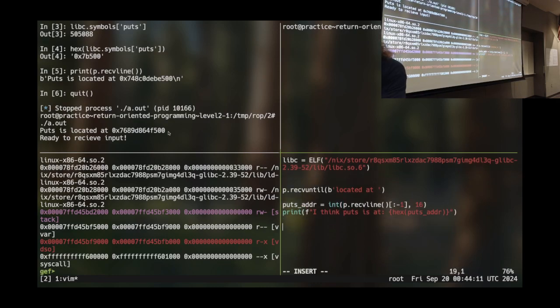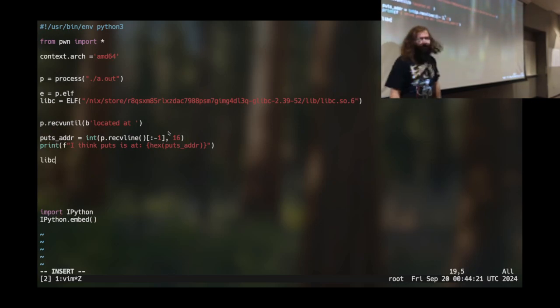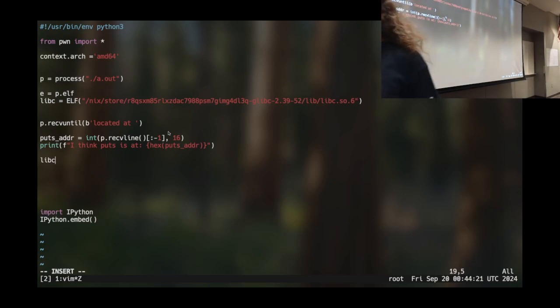All right, so I have this. In the interest of time, we're going to add a little bit more magic here. So I had this libc elf thing. And we said that the values that it shows me for these symbols are all a lie and it's all lost. Well, that's because we haven't informed pwntools where is libc? We can do that. We say libc address.